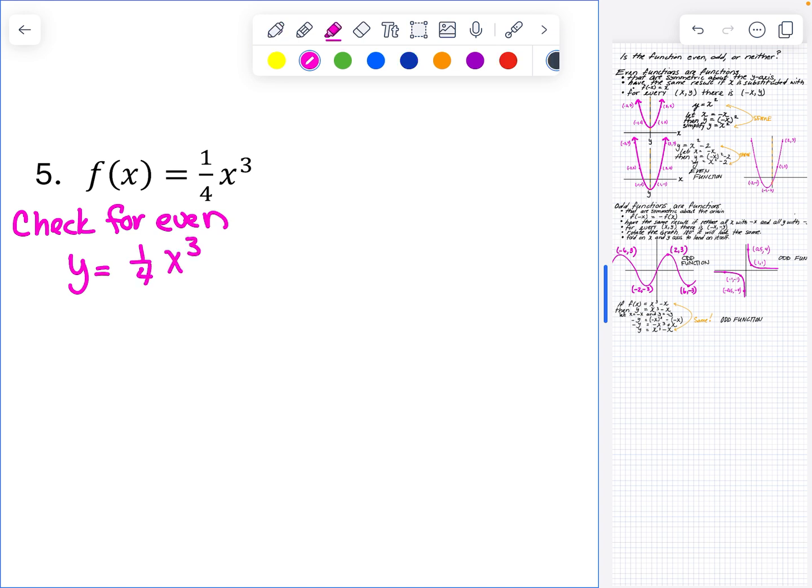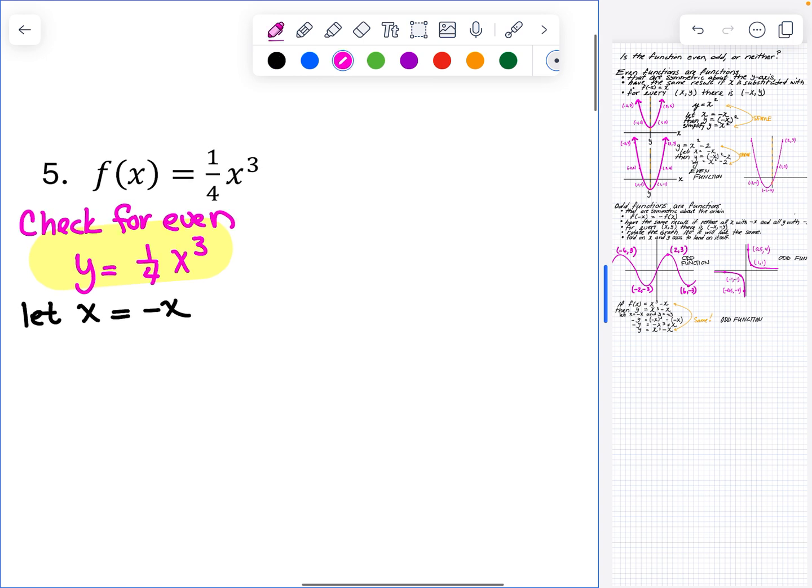And I'm going to highlight that because that's what I'm going to be looking for. Okay. Then I'm going to let x equal -x. If I do that, then I have y is equal to 1/4, and instead of writing x, I'm going to write negative x to the third power. Then if I simplify that,